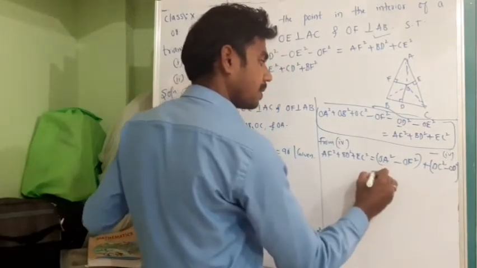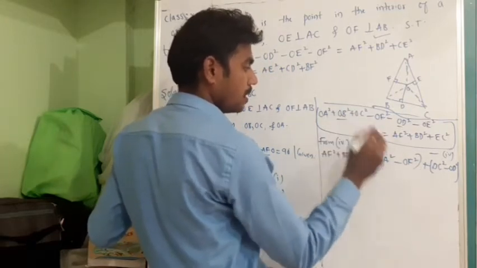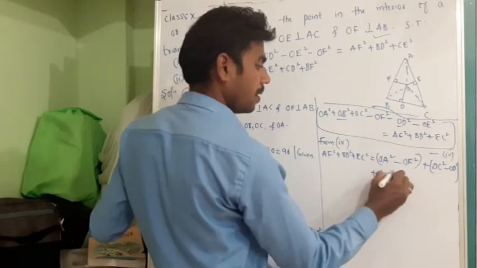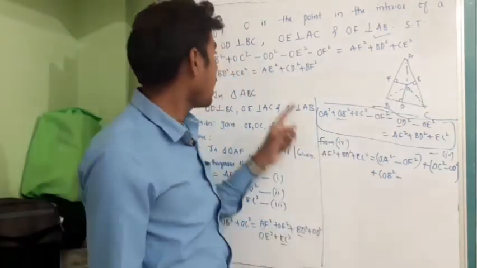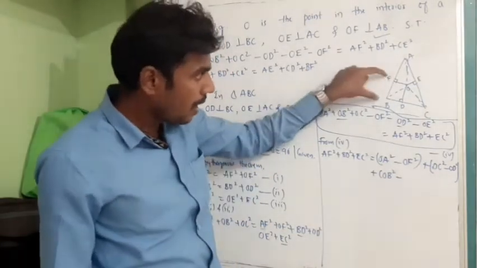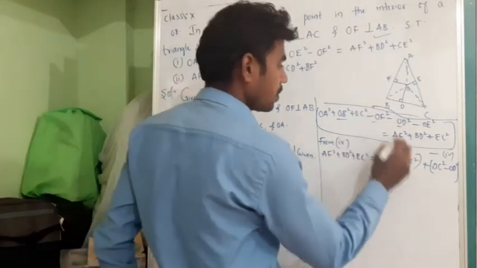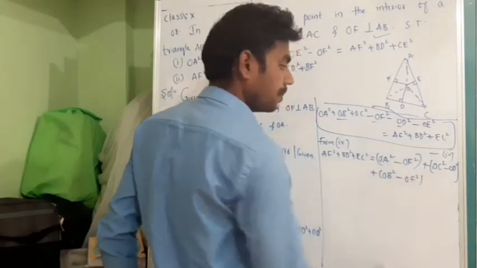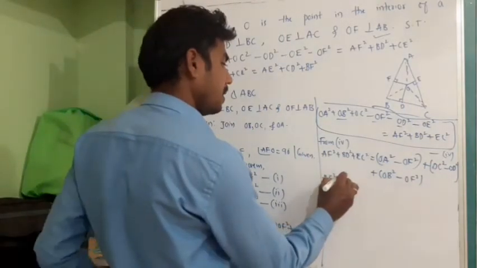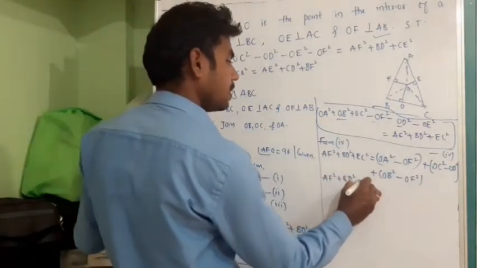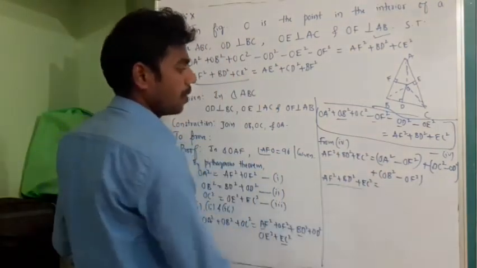Okay. Plus. Next. I made use of OA square, OC square, OB square is left. OB square minus. Where is OB square? OB square. What I need is BF square. To get this, OB square minus OF square. Understood? So therefore AF square plus BD square plus EC square, which is required, it is there already. We wrote it down.